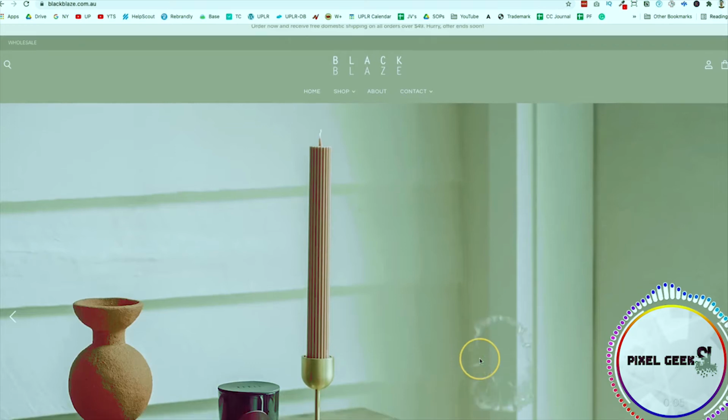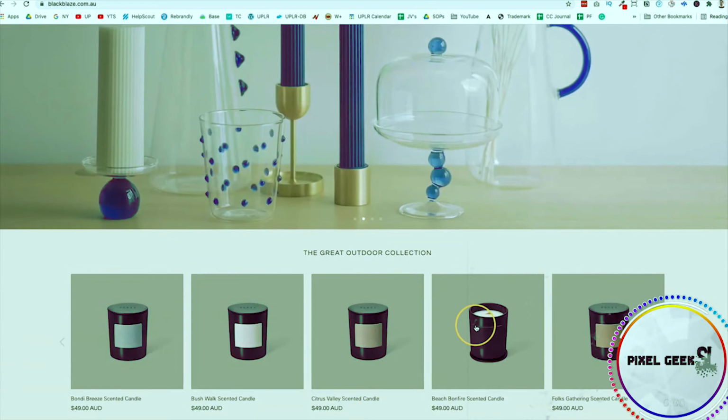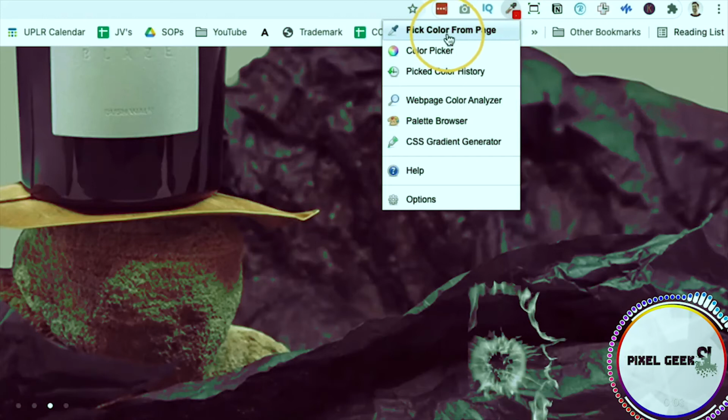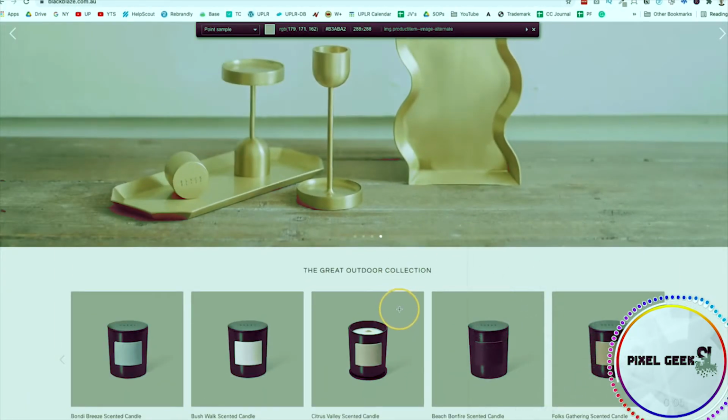Let's say you go to a particular website, and this one's called Black Blaze. Let's say you love the color palette that they use and you are currently designing, let's say, social media graphics or your own website. You can simply go to the ColorZilla icon, click on Pick Color from Page, and now you just hover over that particular color that you like,